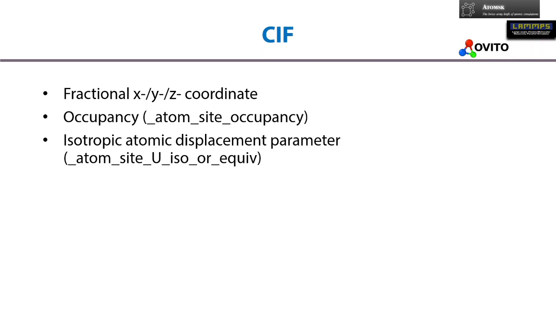Next you see occupancy. So occupancy means it mainly indicates the proportion of a crystallographic site occupied by the particular atom. For example, you have atom hydrogen and it occupies 50%, so the value you get is 0.5. Okay. Next you have isotropic atomic displacement parameter, which is normally